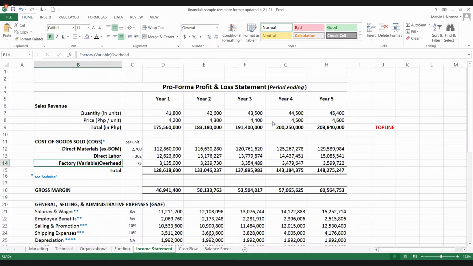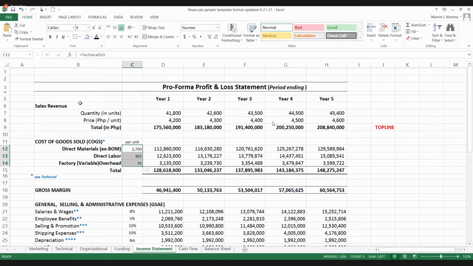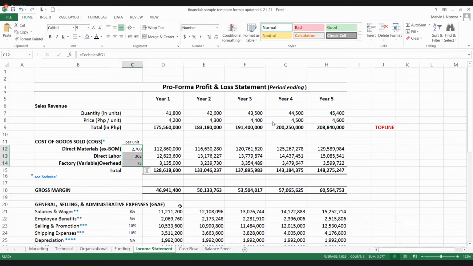Okay. But make sure it is volume driven. Ito yung mga driver niyan. So if you have a unit cost, then you have assumed increases. Ang multiplier palagi niyan, kaya tinawag yung mga sales quantity. Okay? Yan yun. So may volume driver ka, may unit cost ka, may inflationary increase assumptions ka, you can apply it here. So just having that formula.